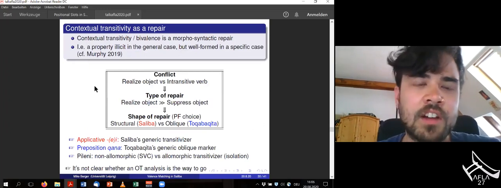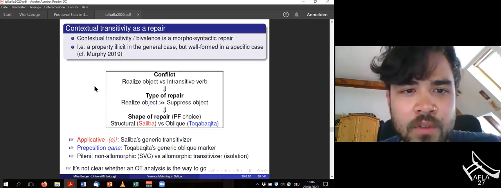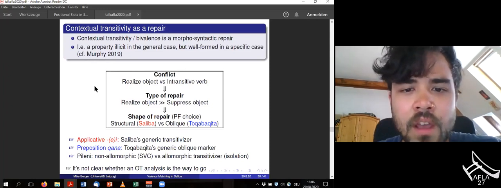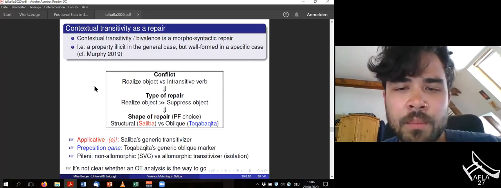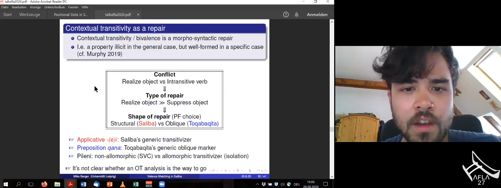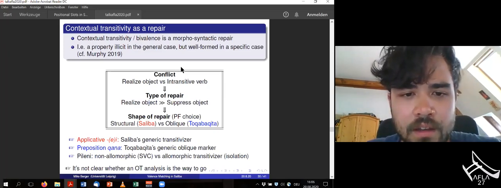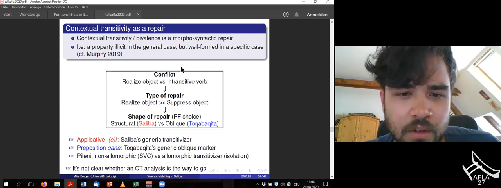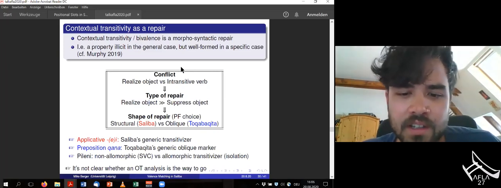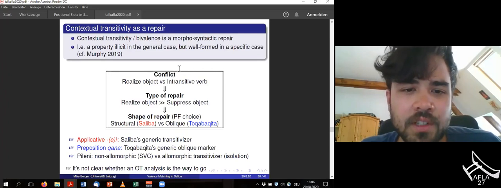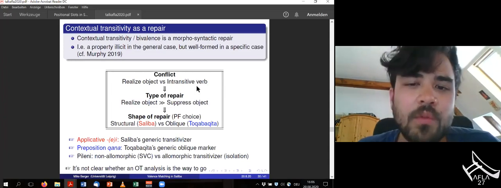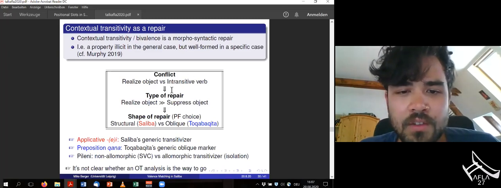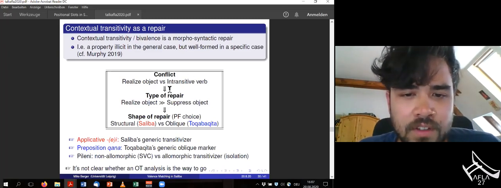So I think it makes sense to talk about contextual transitivity, or in the case of To'abaita, bivalence, as a morphosyntactic repair. So I take repairs to be properties which are illicit in the general case, but under certain conditions become well-formed, right? And I think it's useful to think of this in sort of like an OT way, even though I'm not sure whether OT is the way I'll actually go. So first of all, there's a conflict. We need to realize an object, but the verb we want to realize that object with is intransitive. Okay, so this leads to a conflict,